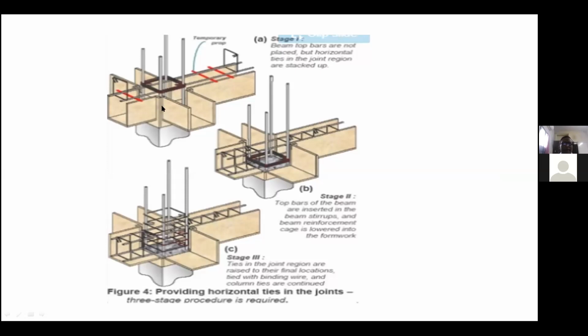You provide this zone, okay, the top bar and others, you don't tie the top bar yet. So what you have to provide? You have to provide the stirrups. You can look at it, the stirrups, and then you insert the stirrups, and then you tie it up. This diagram shows how you are going to provide the horizontal stirrups in your beam column zone before tying up with your main bar, that is the top bar, and then you ensure that these regions are also provided with the stirrups.